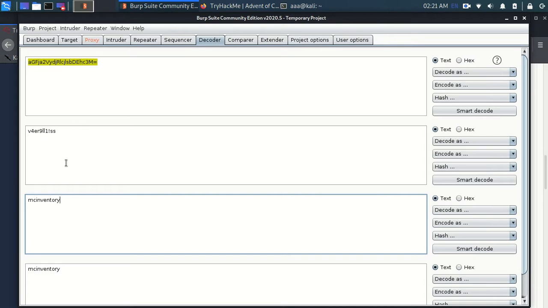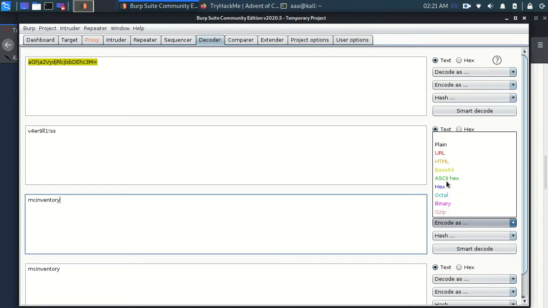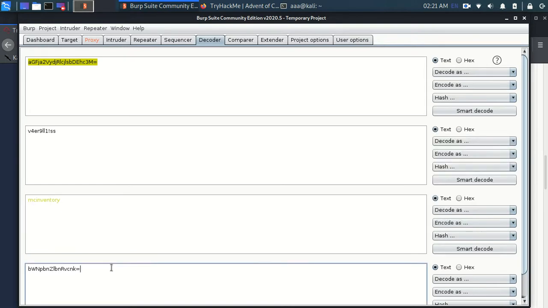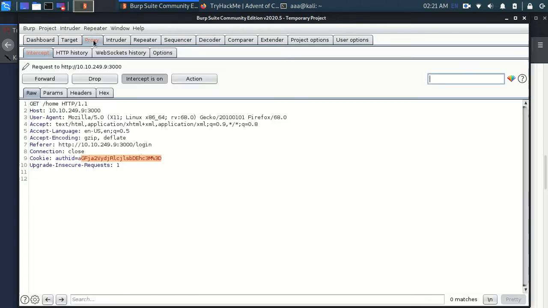Because we decoded this string to get the value, now we are going to encode this with base64. After encoding, I am going to add this constant part, the hacker constant part. I am adding make inventory encoded and this constant part. And now this is the cookie which will take me in as make inventory rather than who I am right now.